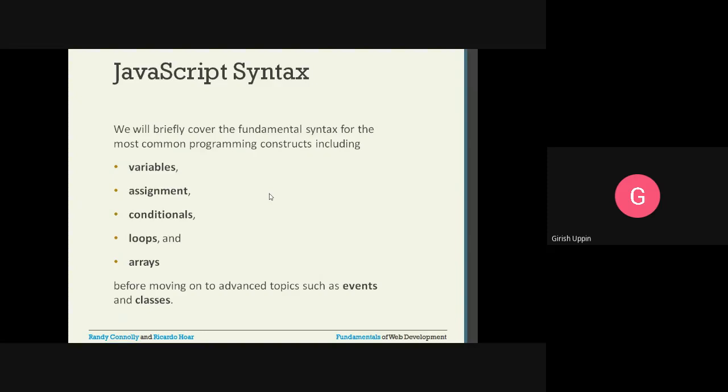We can easily correlate and understand. These are the most common programming constructs: variables, assignments, conditionals, loops, and arrays. Before moving on to advanced topics such as events and classes, we will look into this.